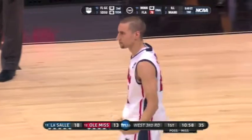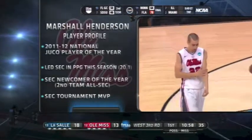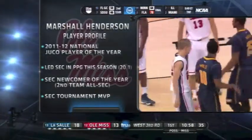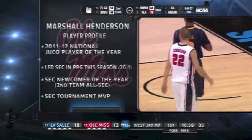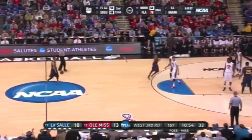Yes. And I think he found a kindred spirit in Andy Kennedy, who there's a method to Kennedy's madness with Henderson. He understands better than anyone just the energy and the emotion that comes with Henderson, and it helps his team. But right now, they're in a little bit of